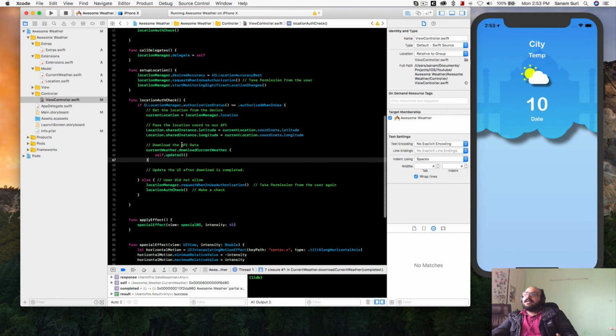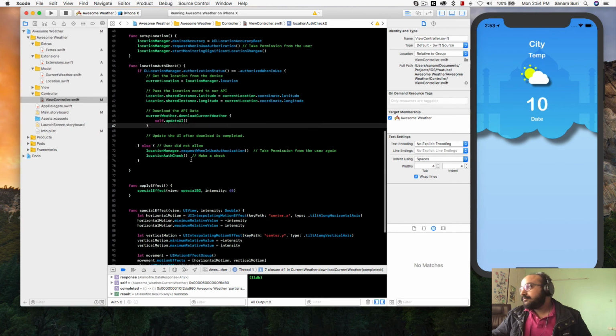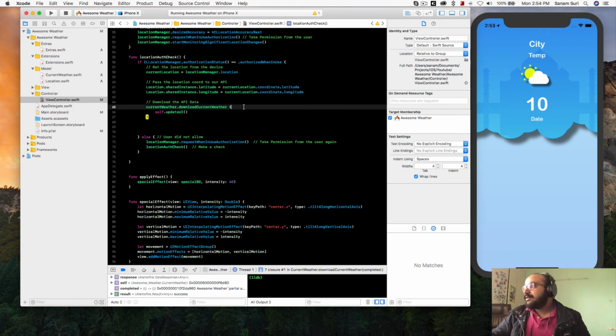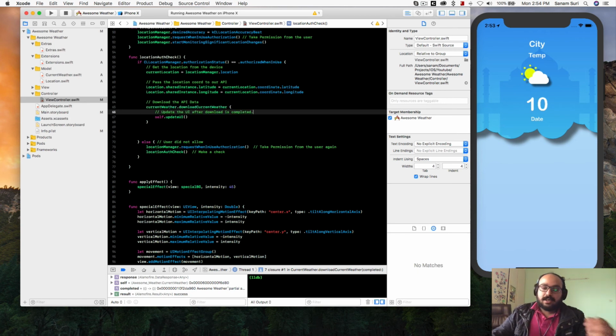So now once the data is downloaded, it will update the UI, and then this part can be covered up here, right? So after we have downloaded the data, we are updating the UI, all good, but we need to make